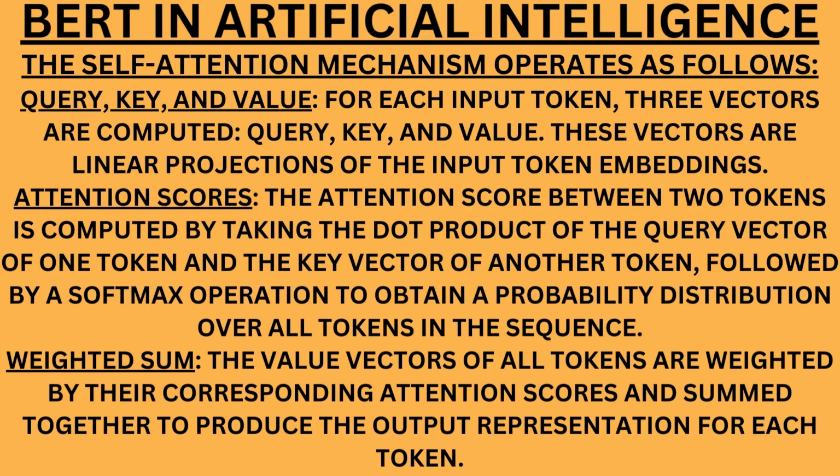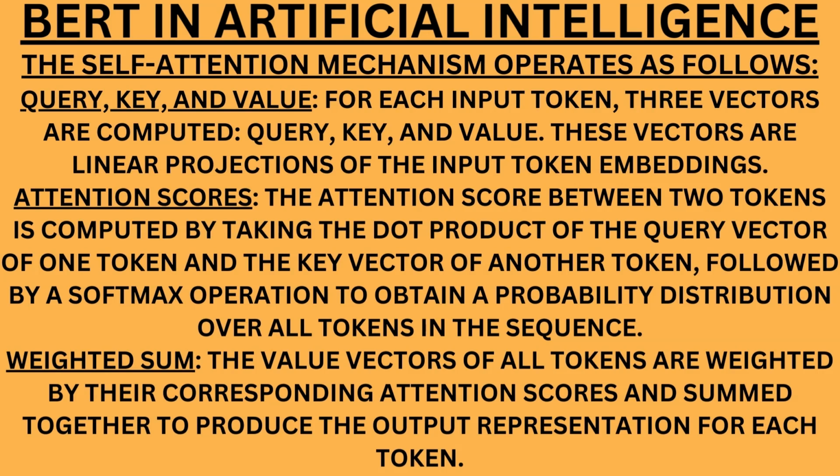Attention scores. The attention score between 2 tokens is computed by taking the dot product of the query vector of one token and the key vector of another token, followed by a softmax operation to obtain a probability distribution over all tokens in the sequence. Weighted sum. The value vectors of all tokens are weighted by their corresponding attention scores and summed together to produce the output